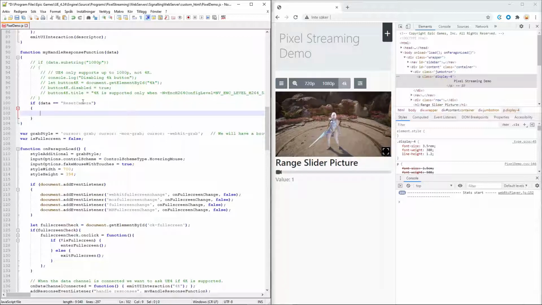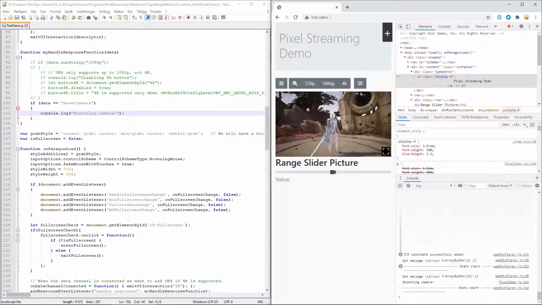So we can do something really simple here, just add something to the console log. Let's just make it add resetting camera. And then you can just save this, reload the website, and whenever we press 1 now, you'll notice that it says resetting camera.